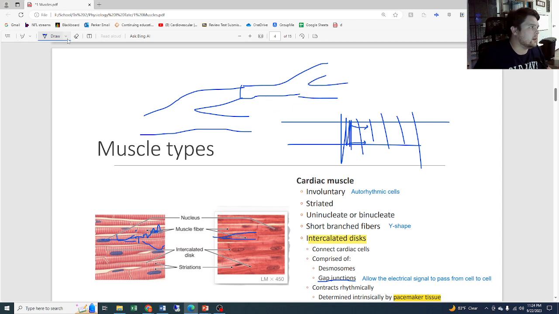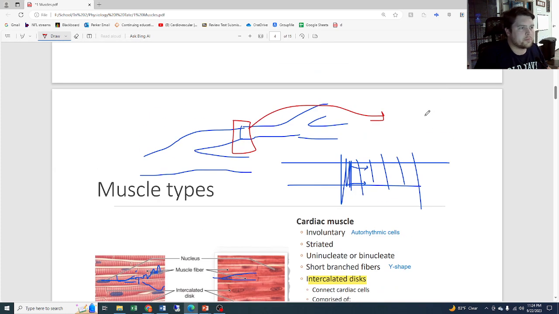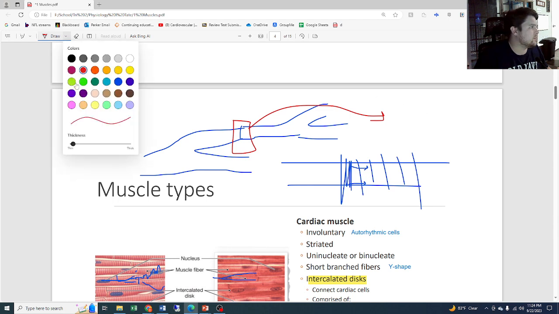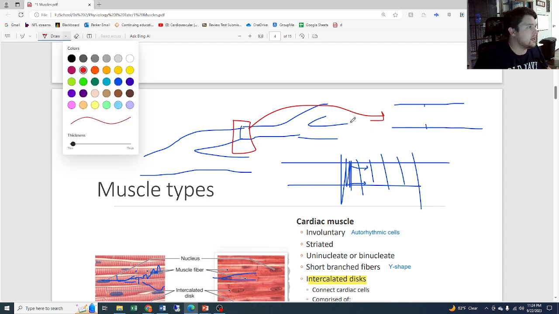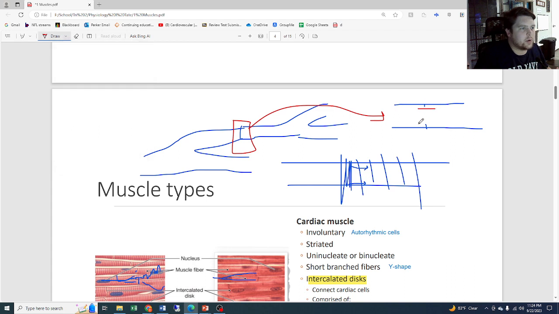This region right here, I'm going to blow it up so it's bigger. We have these two muscle cells connecting, and there is literally a gap between them. This allows for the flow